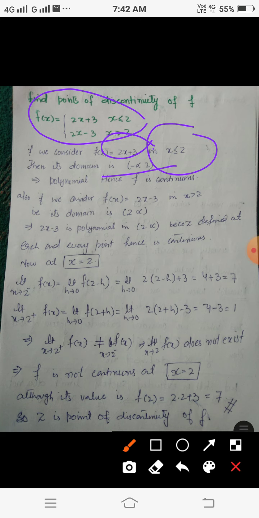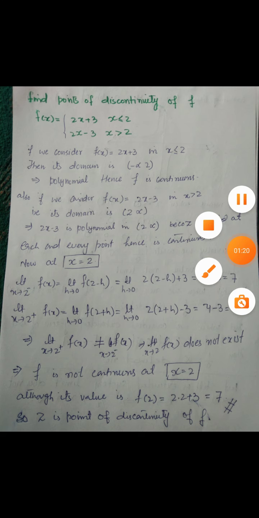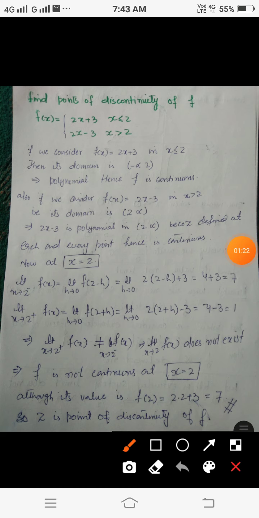Similarly, if we consider this part of the function, that is 2x minus 3, where x is greater than 2, and consider the domain open interval 2 to infinity, that is those points which are greater than 2, clearly here 2x minus 3 is a polynomial. Polynomials are continuous at each and every point of R. In particular, this polynomial 2x minus 3 is continuous in the interval 2 to infinity,